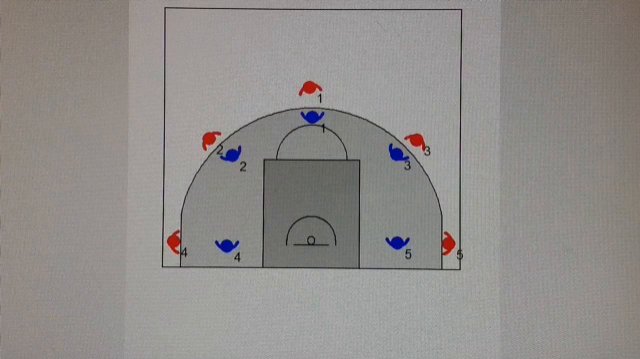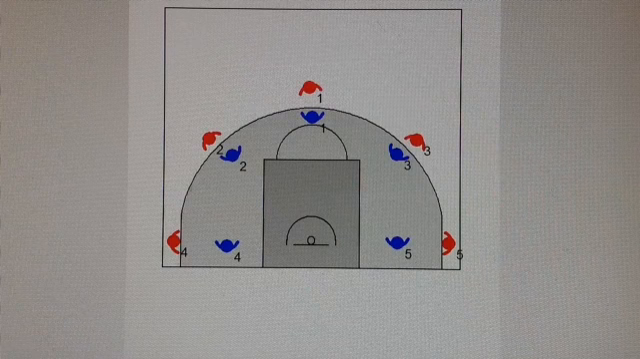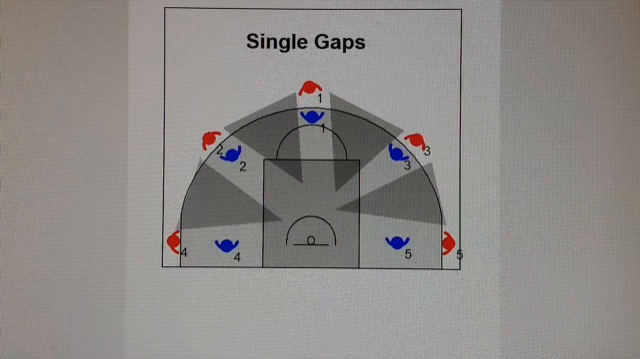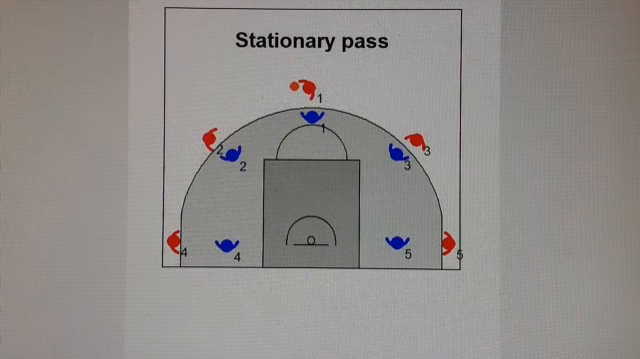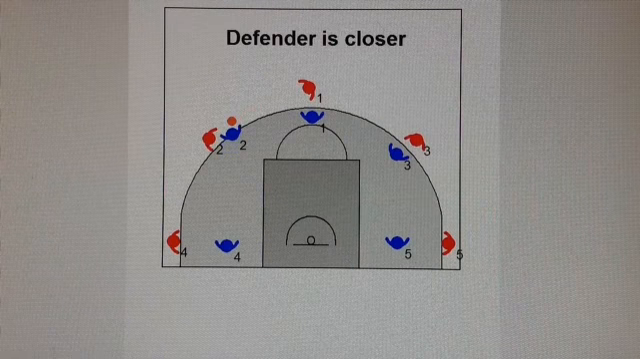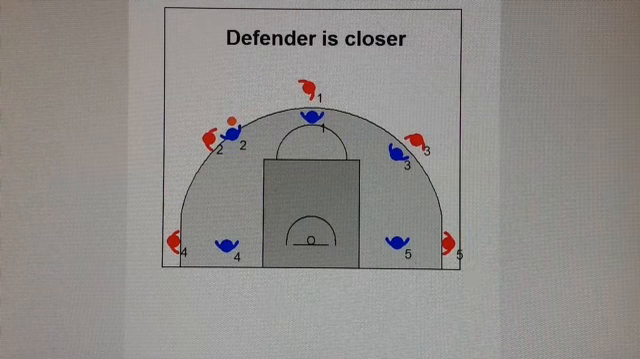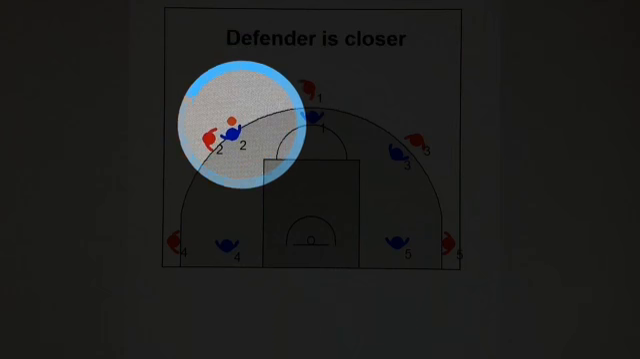Now let's stop right here and look. A 5-out offense is one used by many youth teams, and in this team we think we have good spacing. The problem is that most of what we have are what are called single gaps. The problem with single gaps is, first of all, when there's a stationary pass, we can see that the defender is actually closer